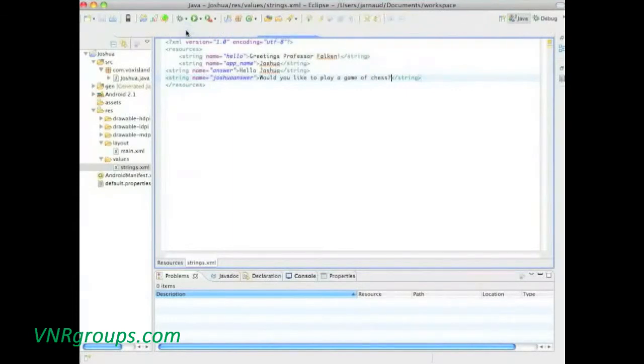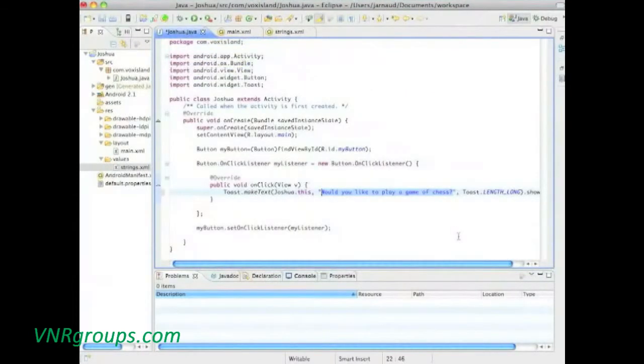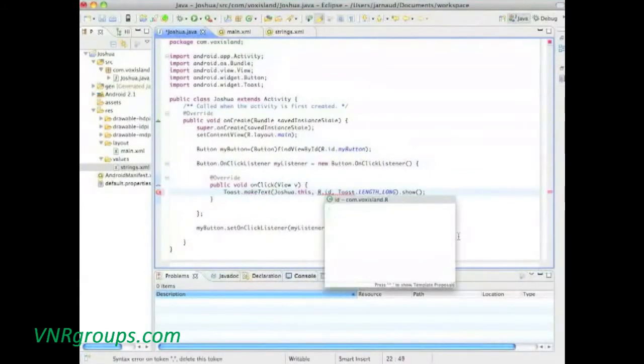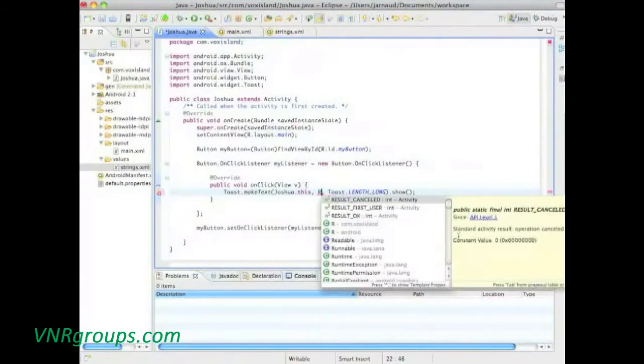As I said, I'm not necessarily going to do that any time, but you should do that every time. So I will name it Joshua Answer. And the content will be, would you like to play a game of chess? And now in the code, I will remove this hard-coded string, and I will use